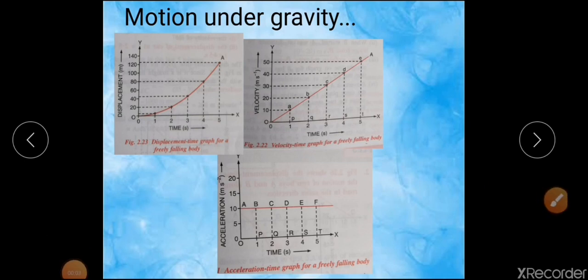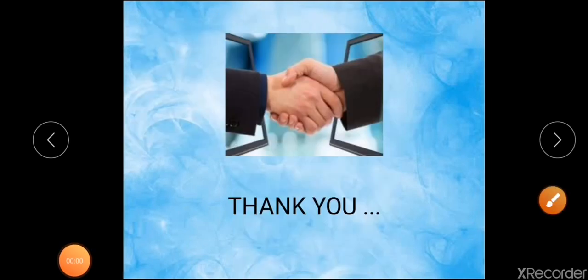Now from all these graphs, whatever it may be, either you will be asked to draw a graph for each situation directly, or the graph can be given to you and you will be asked which type of motion or which graph it represents. And other than that, the most important thing is that you will be getting numericals out of these portions. Now with this we are winding up the graphical representation of linear motion. Go through your prescribed textbook properly till your next class.